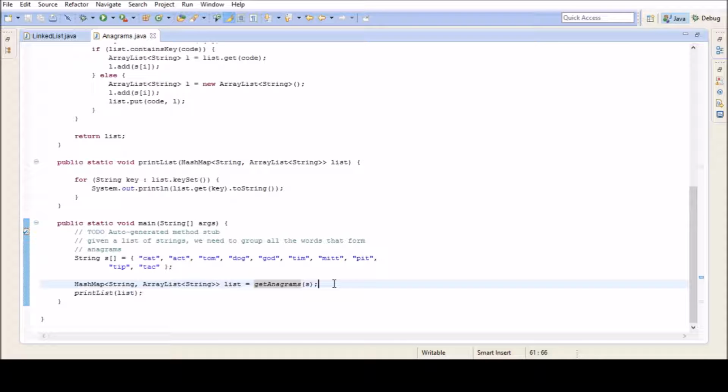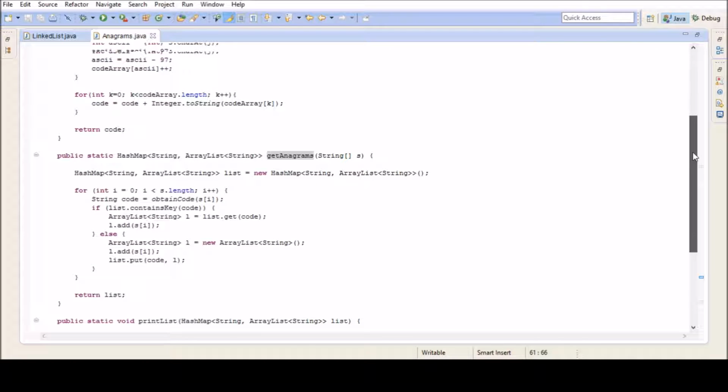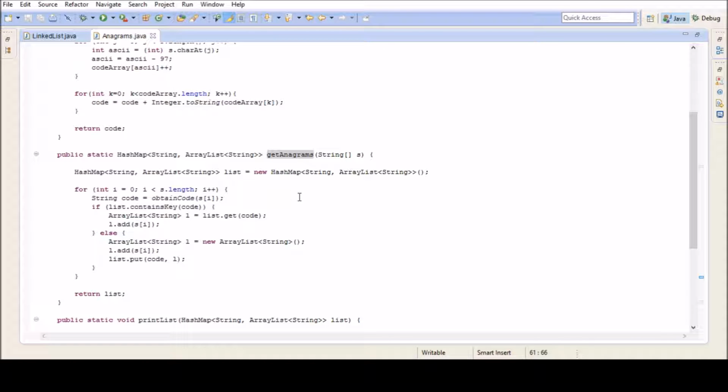as a parameter and returns a hash map that has the word and its associated anagram words that exist in the array. Now in the getAnagram function, we first declare an empty list that we will go on filling as we proceed. The initial step for the program is we take the first word in the array and we obtain the code of that